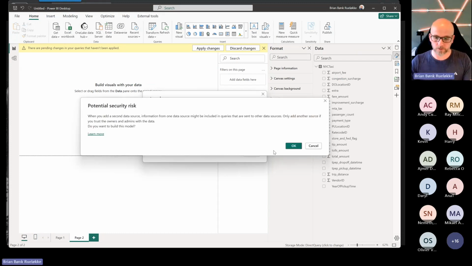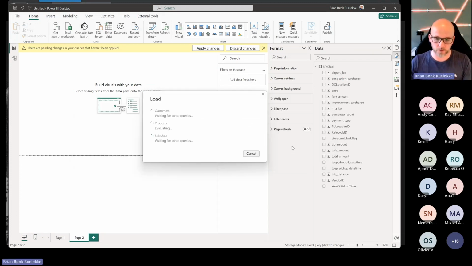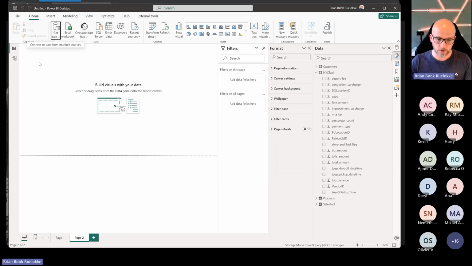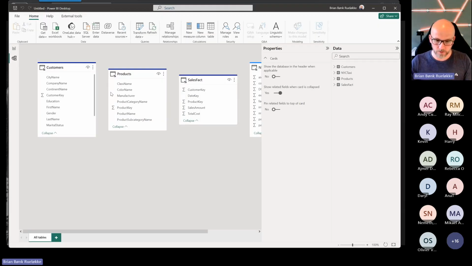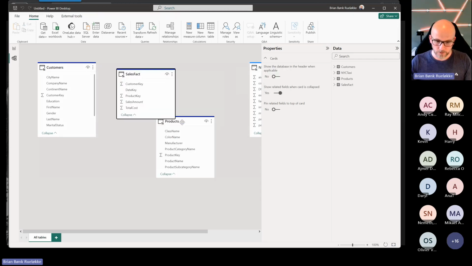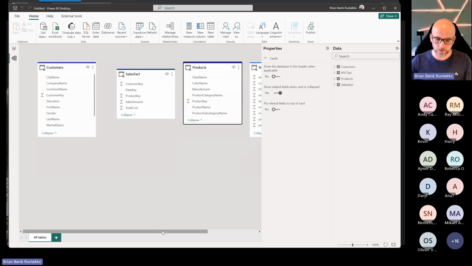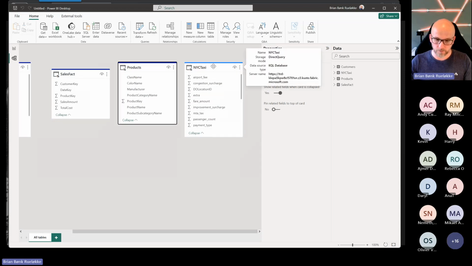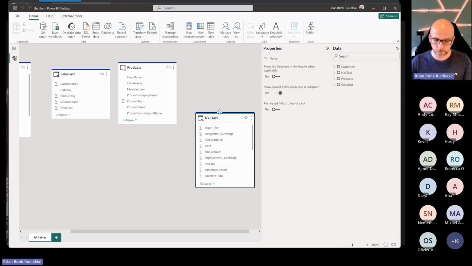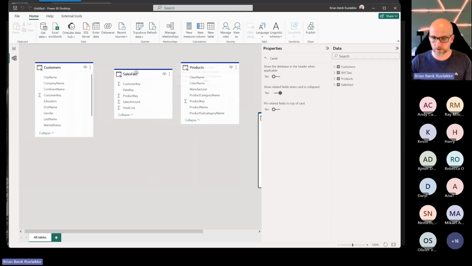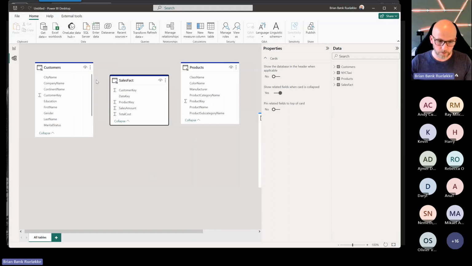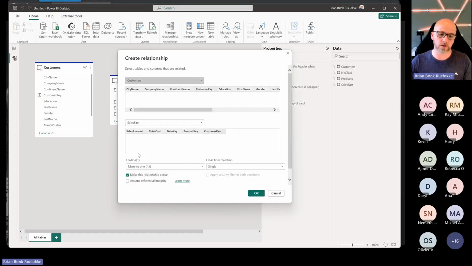Now I'm getting a security risk because I have two different data sources in the same data model. That's quite okay for demo purposes. And just build the data model. I still have my three tables, and you can see the difference in colors. This one is from one source, it is lightly blue, and this is from the other source, it is more dark blue. Let me join the customer key to the customer key